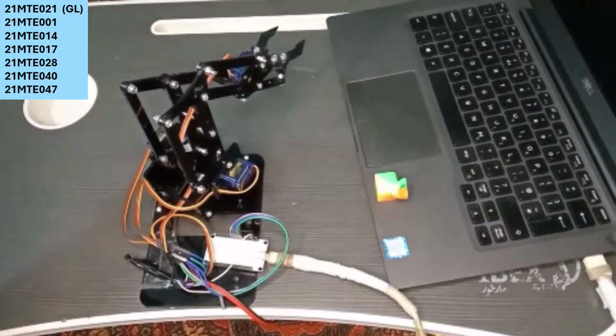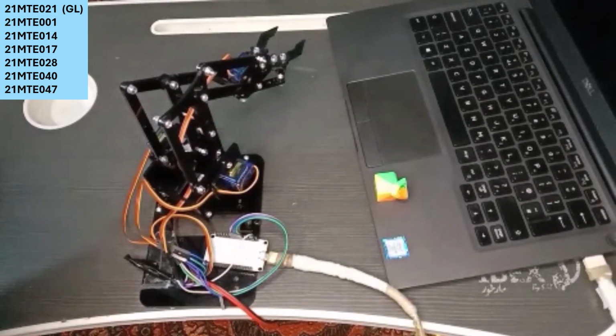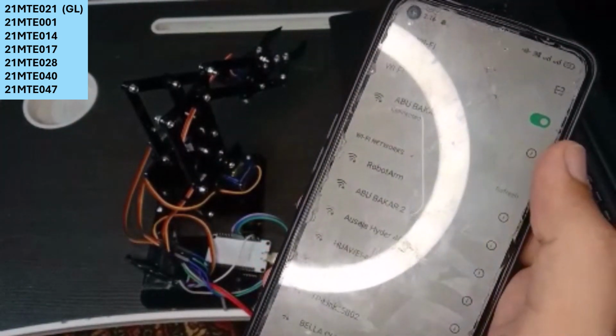In this video I will be explaining my robotics project, that is a mobile operated 4 degree of freedom robotic arm that was assigned to my team by Dr. Saifullah Samad. So the first step is connection, and you can connect with this robotic arm simply by just turning